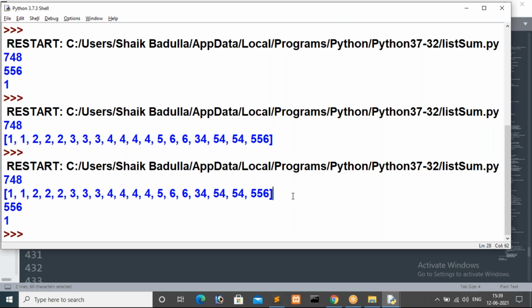First we have to remove duplicates, right? Then only we will get proper values. Here 54 is repeated two times, so that we can get the max value. Here one is repeated two times, so for that reason we have to remove the entire duplicates first, then only we will get the proper list. So first we have to do that, then only we can get proper values.